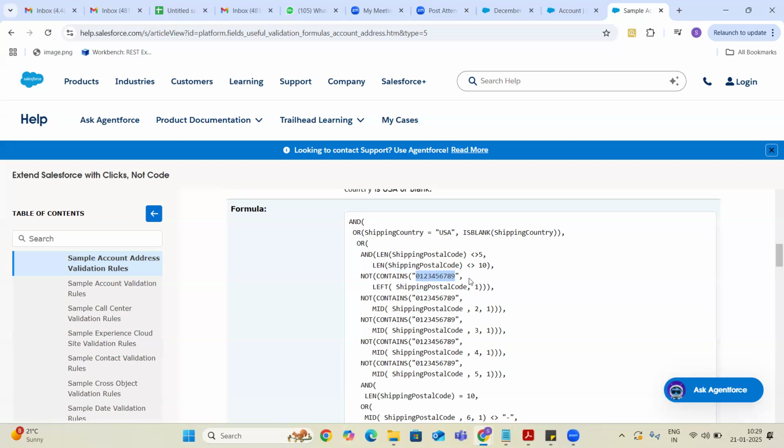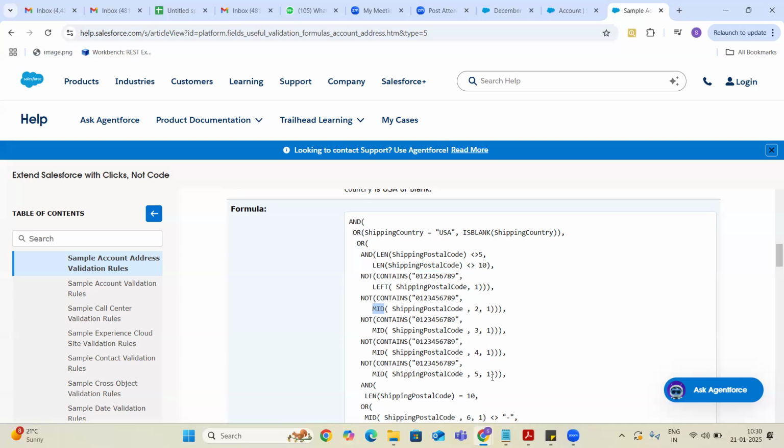In the same way, for a 5-digit code, we are checking all the 5 characters, guys. LEFT of 1, then the MID function: MID of 2 comma 1, that means it will get the second one. MID of 1 comma 3, MID of 1 comma 4, MID of 1 comma 5.